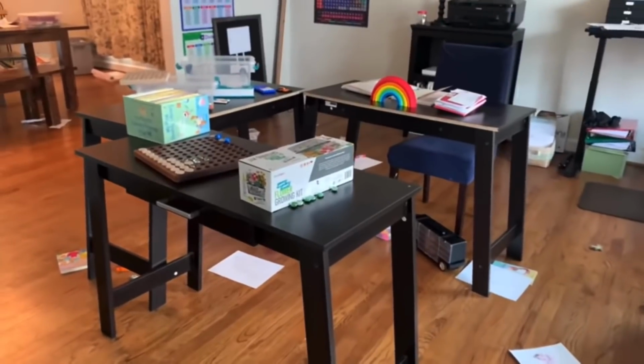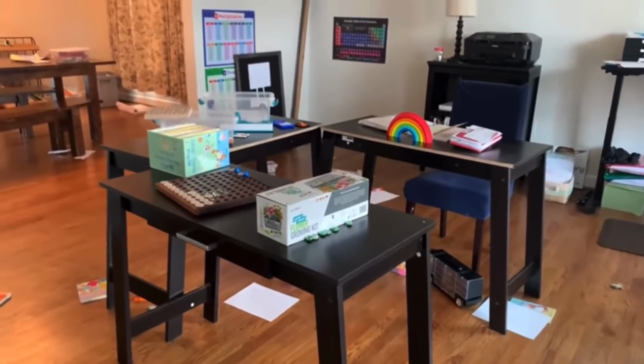Alrighty, that was the what. That was a lot. So I wanted to show you all of our resources that I have planned for 2021 and 2022. The where. All the materials that I just showed you, we mostly do at our dining room table. If you've been around a while, you know I've played around with that room as a homeschool room with desks. I have played around with desks in their room,